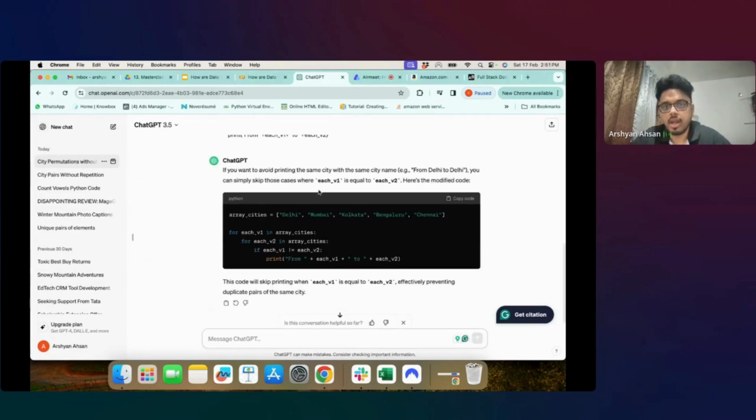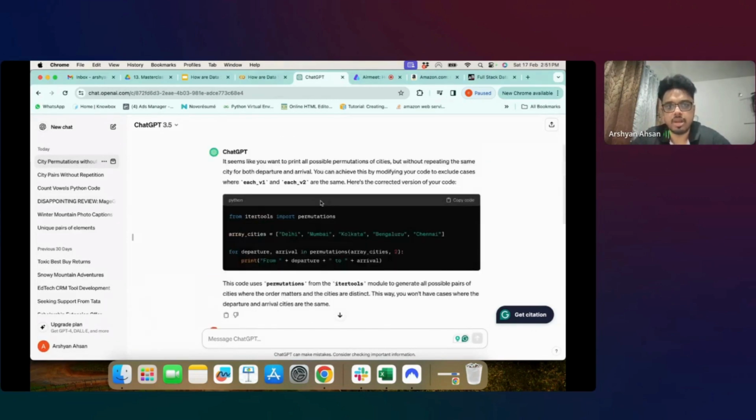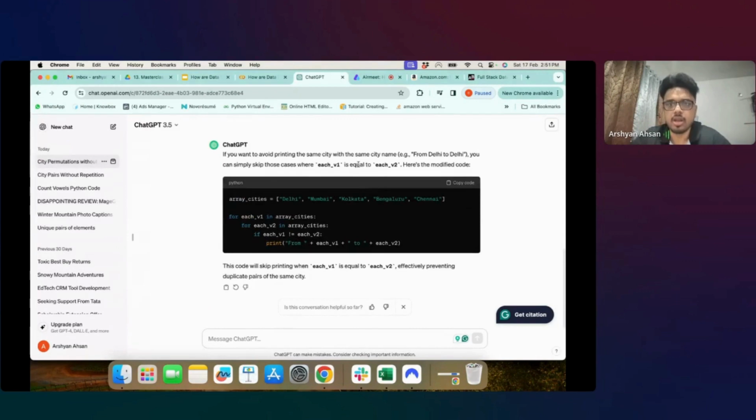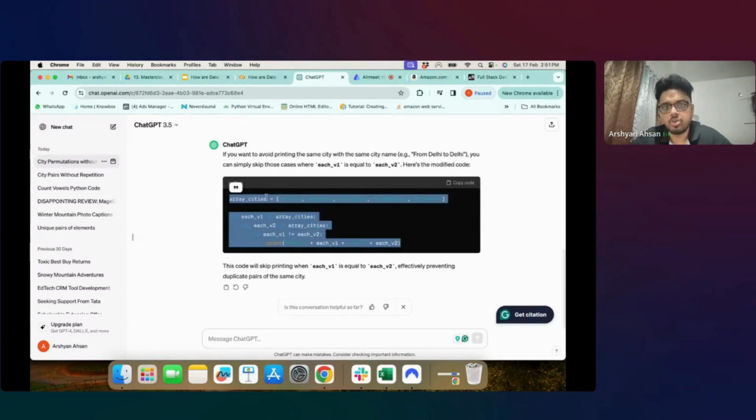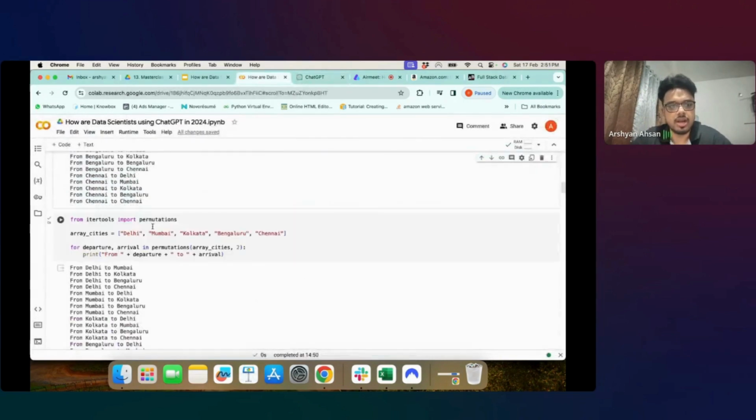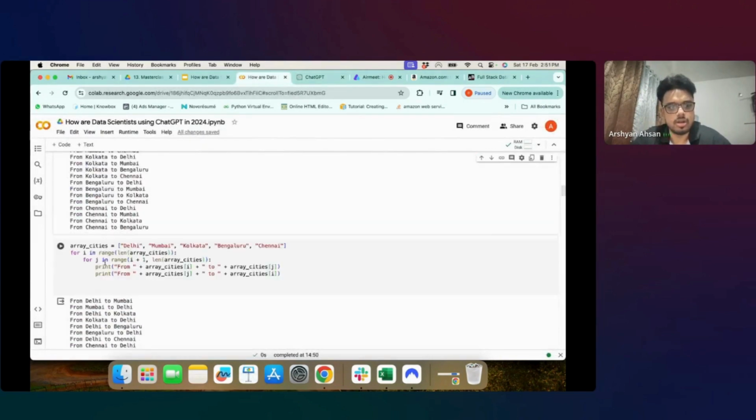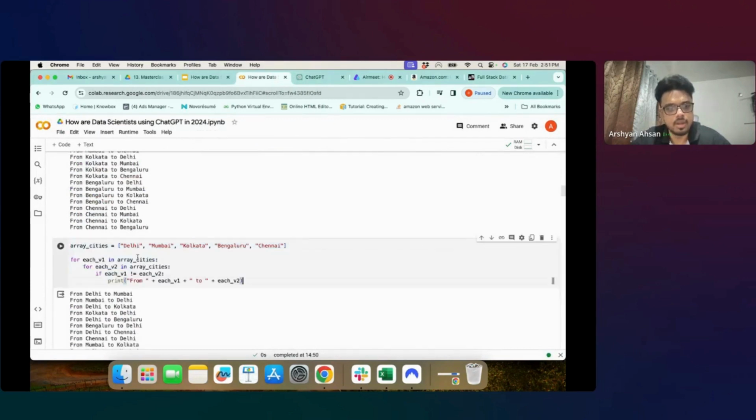देखो, अगर मैं उसको बोला कि आप वही काम करो, लेकिन क्योंकि मुझे लाइब्रेरी नहीं पता है, let's assume that I am not aware of this library और इसमें क्या हो रहा है, ये क्या नया फंक्शन आ गया है, शायद कंफ्यूजन हो सकता है, तो आप बोलो कि मुझे ये नहीं चाहिए, आप इसके बिना बताओ. तो उसने मुझे बिना itertools use किए एक यहाँ पे return दिया है. So let's try this out, अगर ये काम करता है कि नहीं करता है. अगर मैं इसमें ये paste करूं,